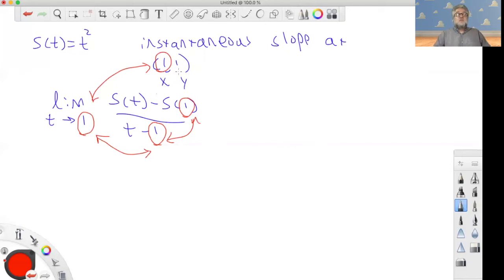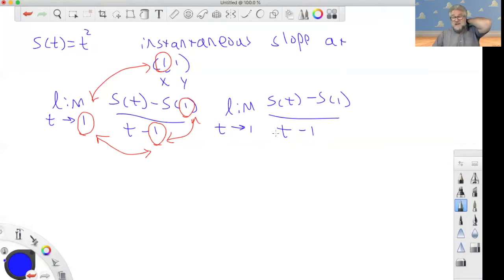But you see the challenge with this is, if I go back to blue and I write my thing again, limit as t approaches 1 of s of t minus s of 1 over t minus 1. I can calculate what s of 1 is. I can plug it in, right? I can see what that is. But what happens when I plug t into the denominator here? I'm going to get t minus 1. And that makes us sad because we got a 0 in the denominator, which means we can no longer play with our function. We have to send it off into the cornfield. If you ever saw that Twilight Zone, great Twilight Zone. Send it to the cornfield. Okay, so